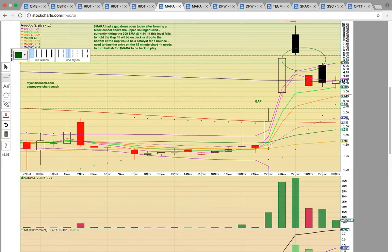If those levels break, then it's coming down here to EMA 13, and it's testing that top of the gap below. There's an unfilled gap below between high of day on the 22nd and low of day on the 24th. And so if EMA 8 breaks, it's going to come down here, test EMA 13, and possibly fill the gap. So the downside risk is if the 300-day simple moving average doesn't hold, it could drop all the way down